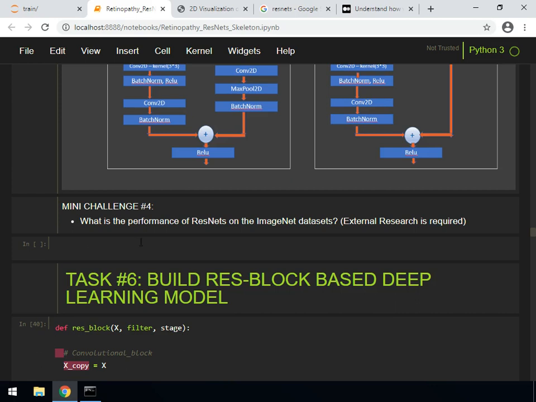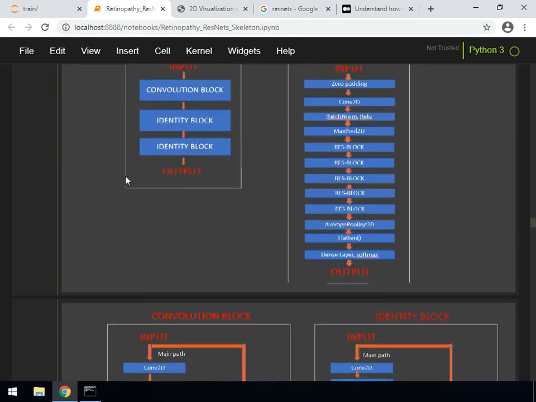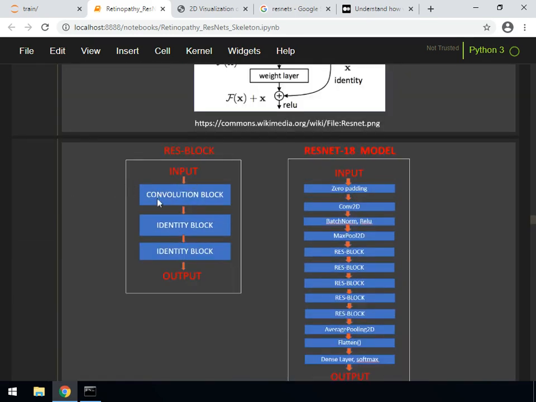I want you guys to tell me what is the performance of ResNets on the ImageNet dataset. But again, I need to cover what ResNets are first before you go to the mini challenge. Okay, so the type of network that we're going to build here in this project is a type of residual neural